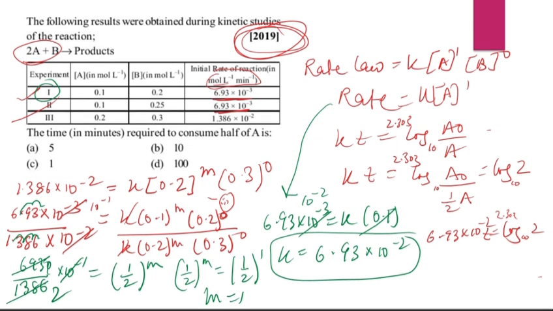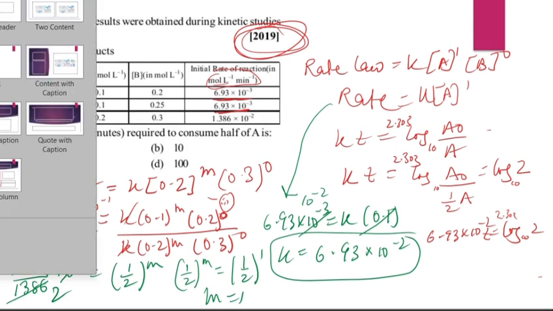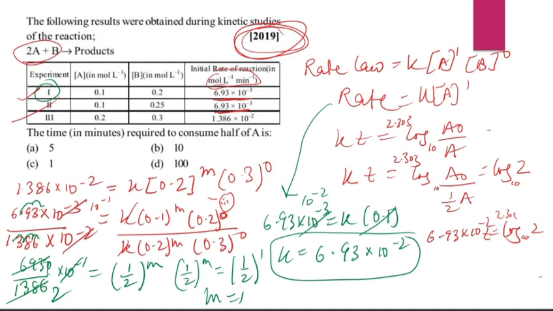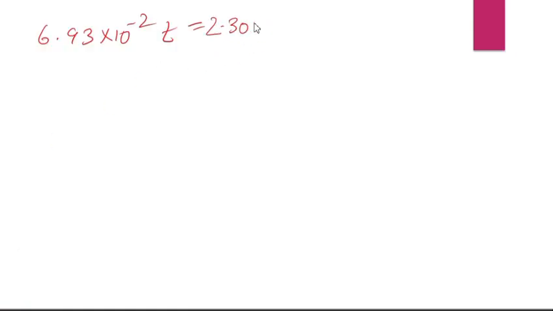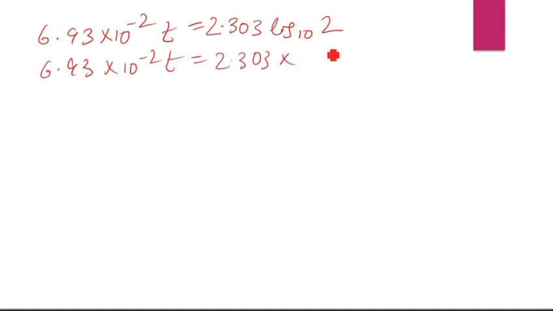Let's move to the next slide because it's making it a bit clumsy. So the equation will be 6.93 into 10 to the power minus 2 t equal to 2.303 into log base 10 of 2. The value of log 2 base 10 is around 0.3. So 6.93 into 10 to the power minus 2 t equal to